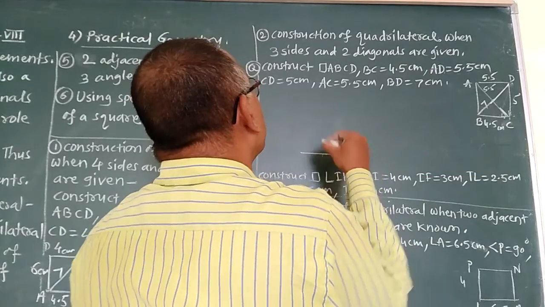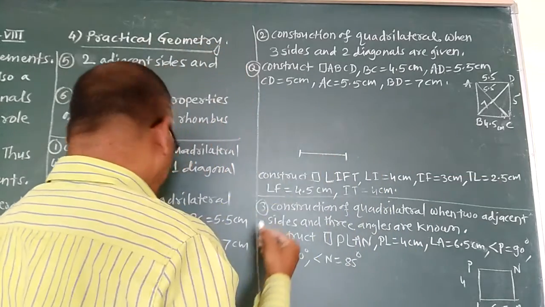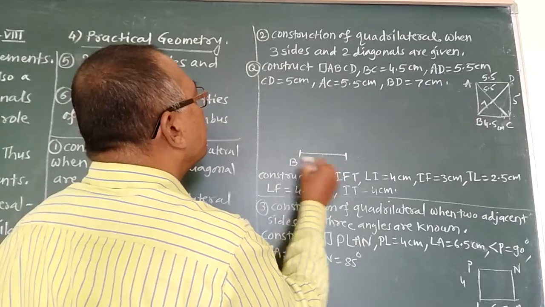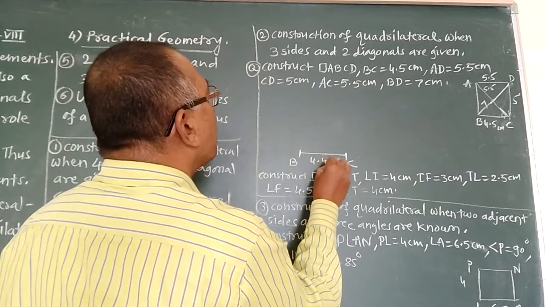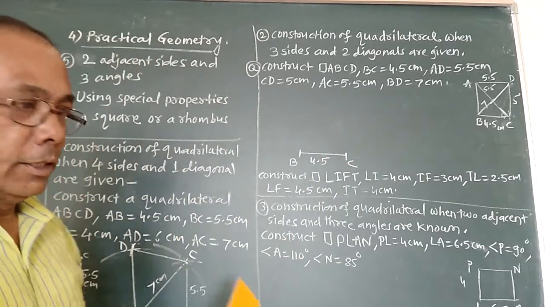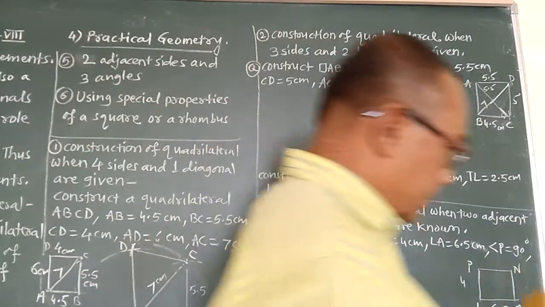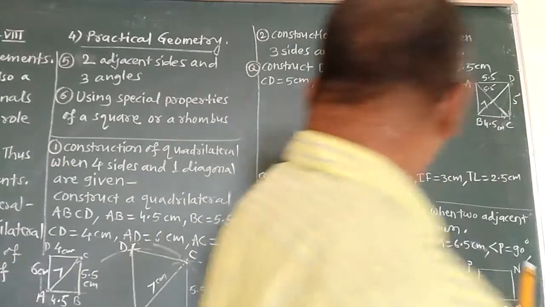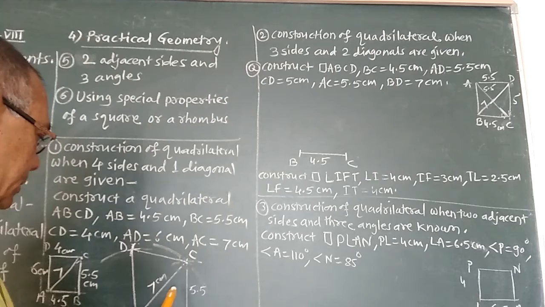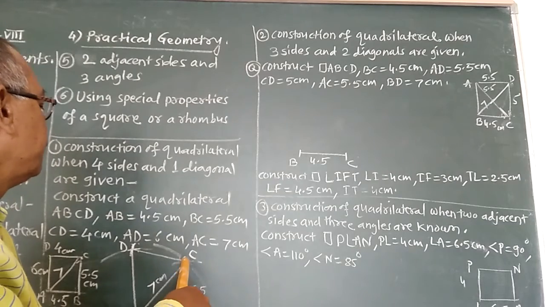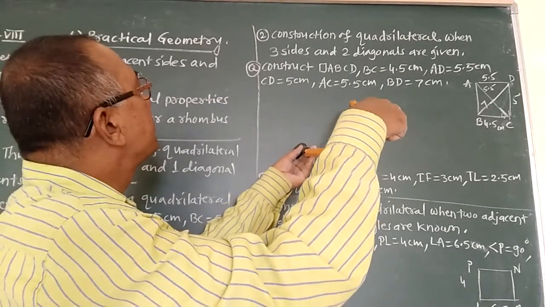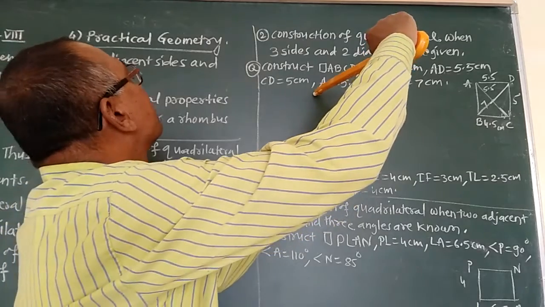So this is the segment BC of length 4.5. Then in a compass we have to take distance 7 centimeter. So this is distance 7 centimeter. So draw the arc